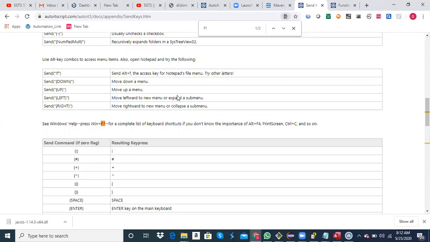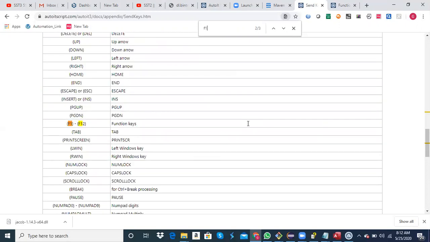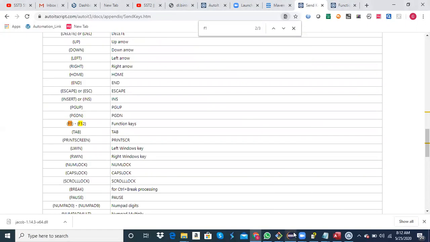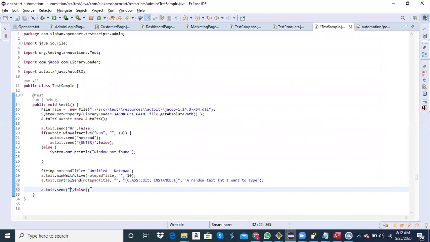And Alt F4, how do you do that? F1 to F12 you can give inside the curly brackets. Okay, so you can give like this. How? Alt will be this, and in the brackets you will have F4. Okay, so when I run that,